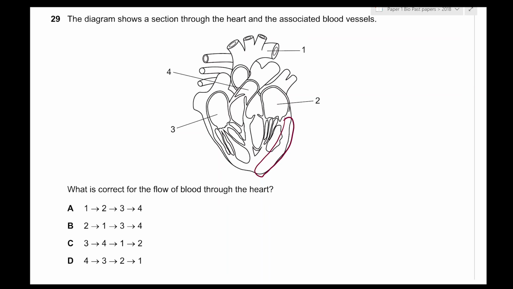Therefore, we first start by labeling the heart. We all know that this is going to be the left side, and this is going to be the right side, because there's more cardiac muscle in this side. Now, we all know that 2 is going to be the atria, and 3 is going to be the right atria,